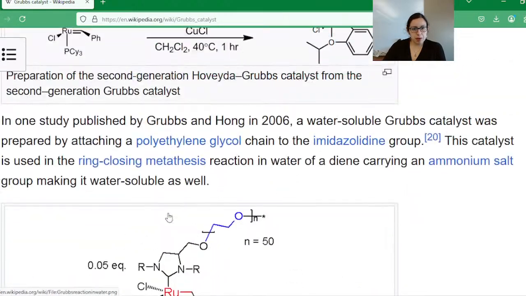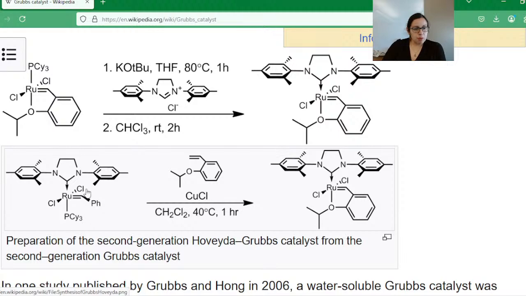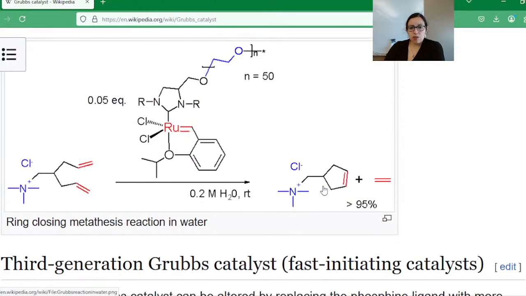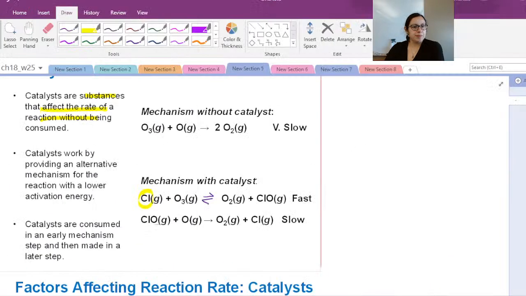I'll have to find a better mechanism, but basically, with our catalyst, it can form some sort of intermediate, where your substrate actually binds to your catalyst. Actually, no, that's not it. I was trying to find an actual mechanism. But basically, it binds to your catalyst, and your catalyst spits it back out. So this is just showing the reaction. Unfortunately, it doesn't really show the mechanism in this paper. So again, this is your starting material. It binds with your catalyst, and then the catalyst spits it back out to give you your products there.